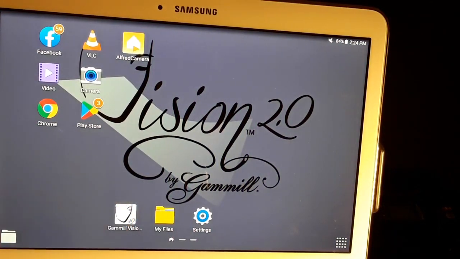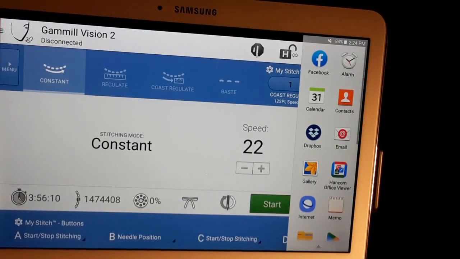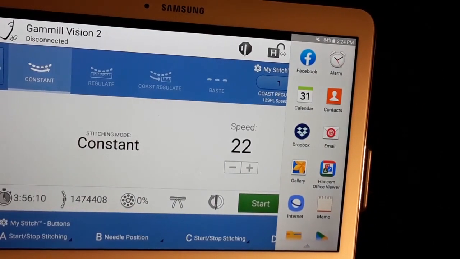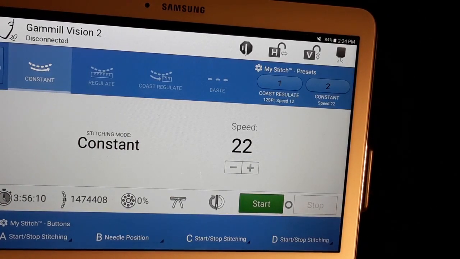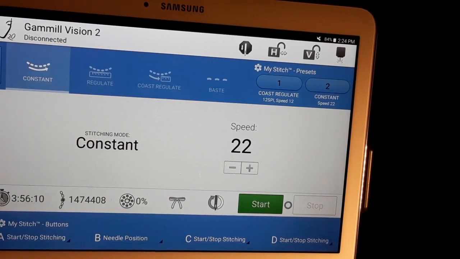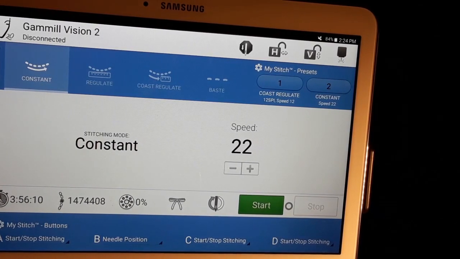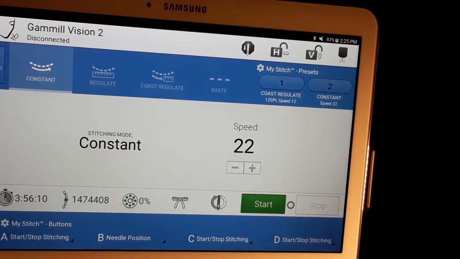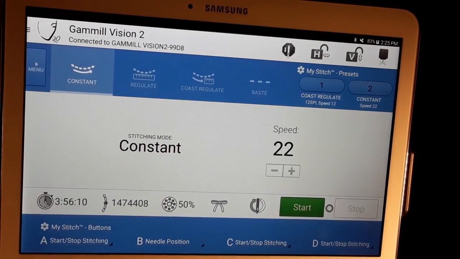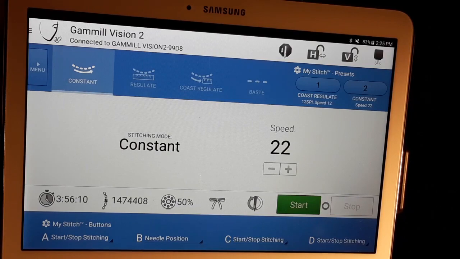So go to Gammill Vision, and it's loading. It says disconnected, so that means the Bluetooth hasn't connected yet. Whoops, I forgot to turn on the back buttons of the actual machine. I just turned the tablet on. So let me turn on the machine in the back. I think because I'm filming, I'm forgetting to do that. Okay, now it's